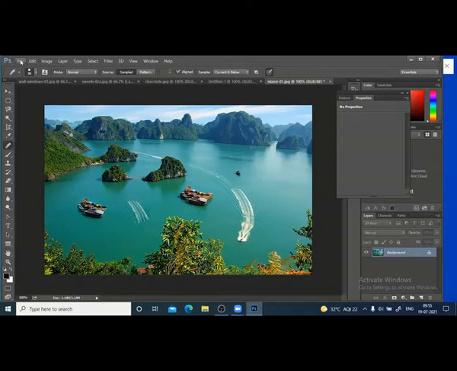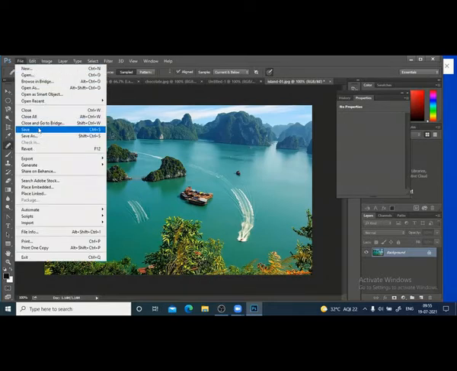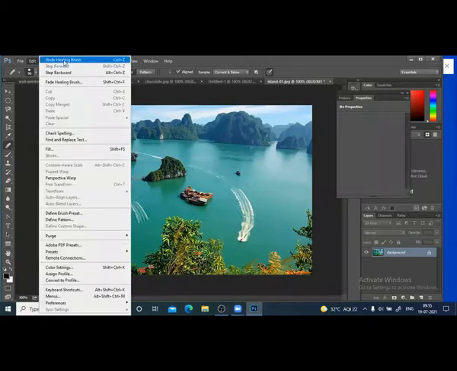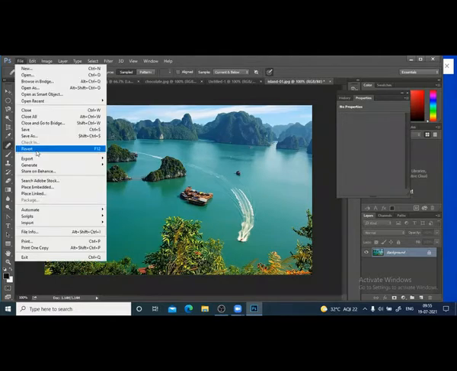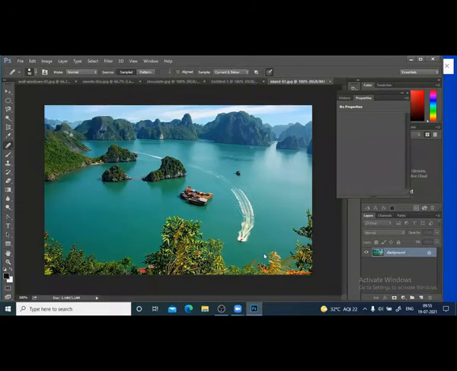So I want to copy this here. I'll go here, Alt, click. I'll make the brush a little bigger.